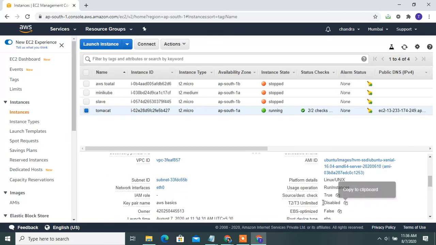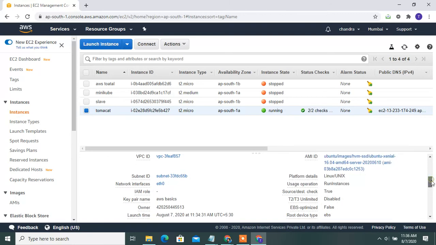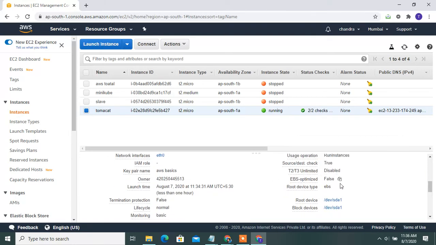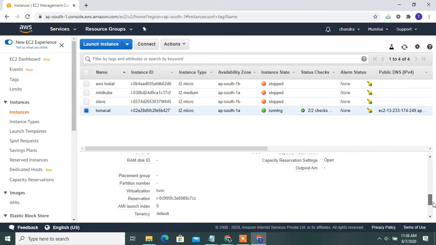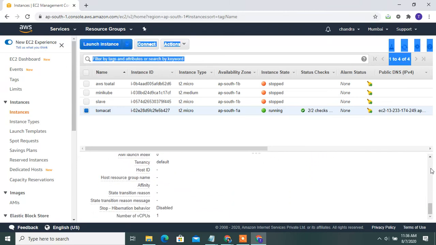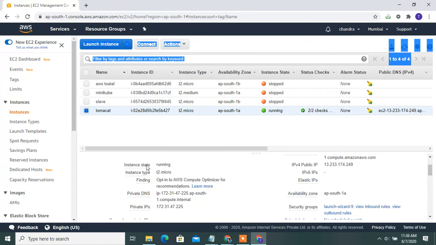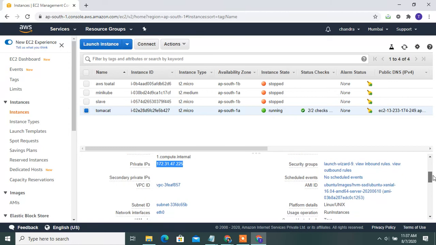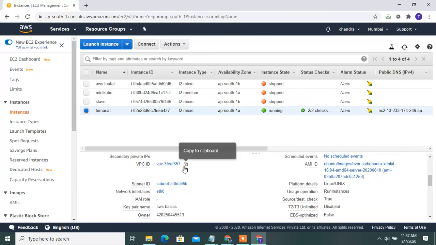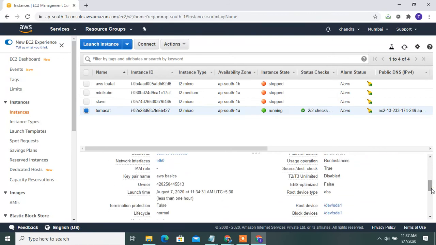AMI platform details, T2 and T3 unlimited, EBS elastic block storage also. All is mentioned here. And see, the instance state is running, the type is T2 micro, and the private IP and DNS are there. The private IP is 172.131, created by default, along with the VPC ID and default VPC, and the default subnet.